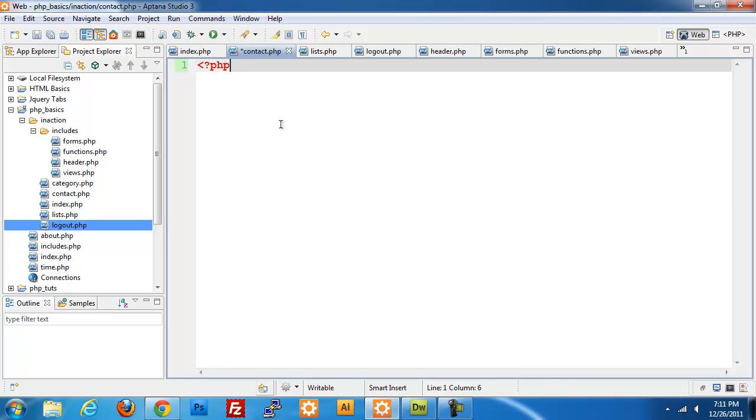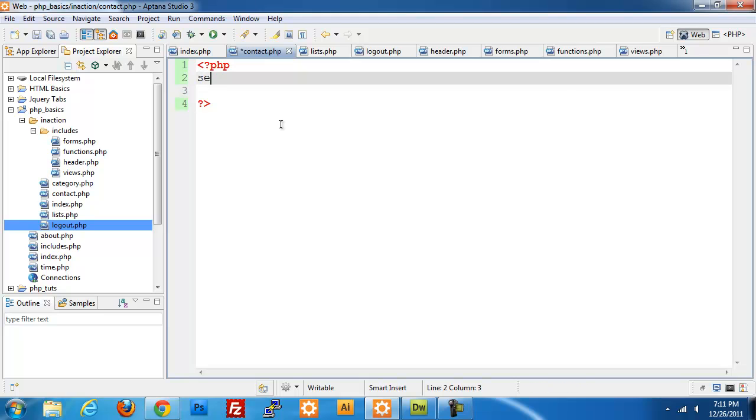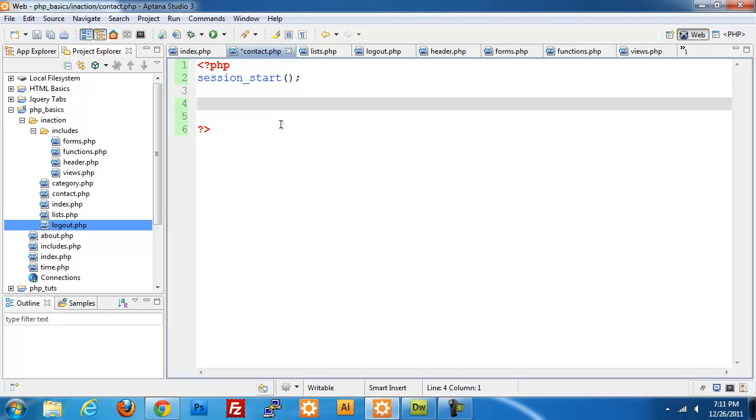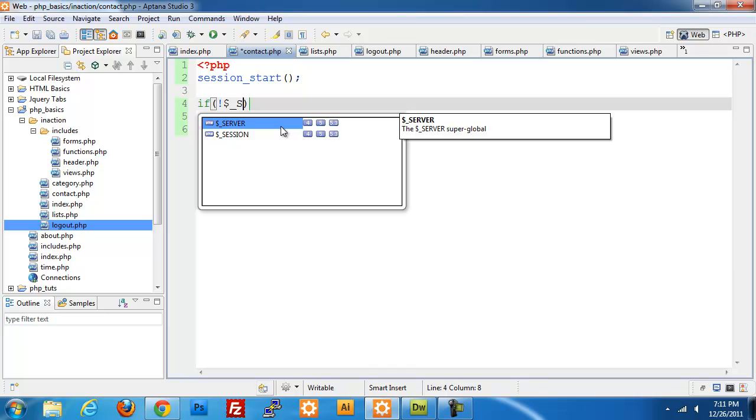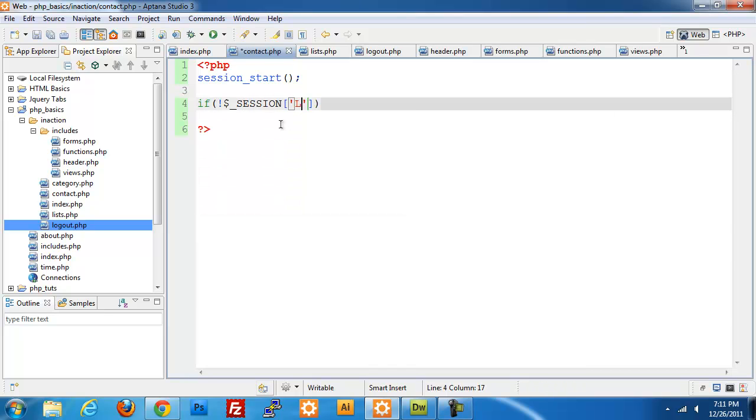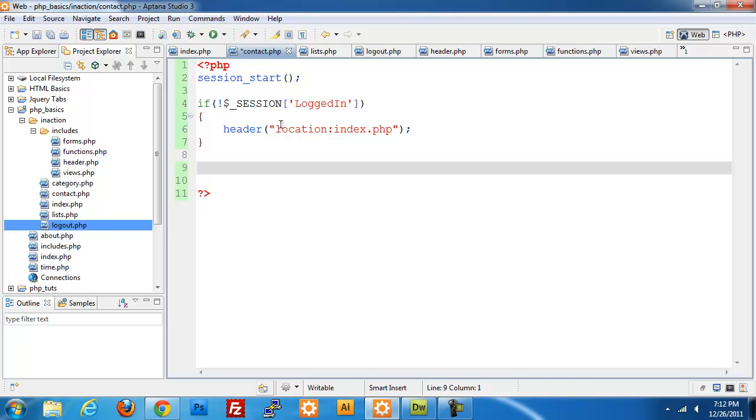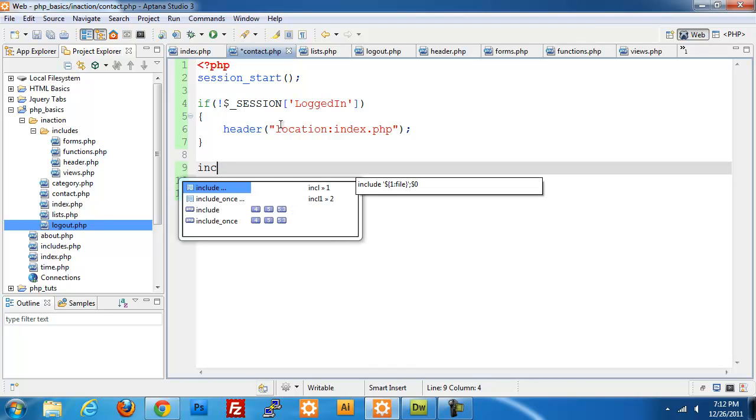Open and closing PHP tags and start our session, just like that. And also check if our session array contains logged in. And if it does not, then we want to send the person back to the index.php page. Alright, and once we get into the page, we want to include once